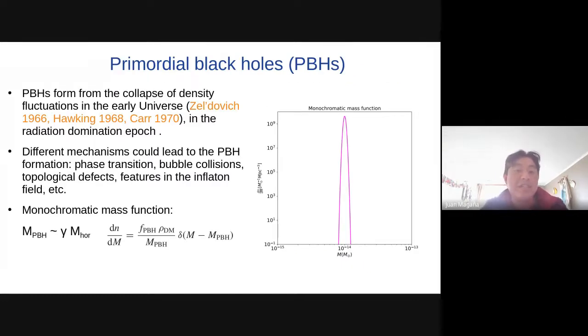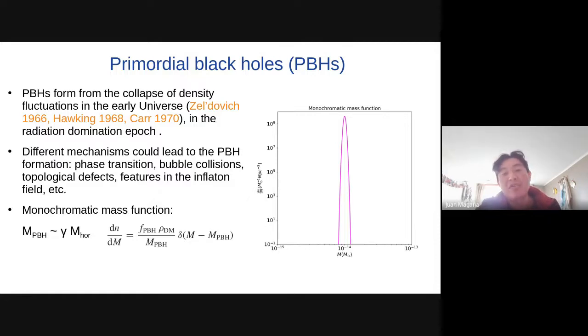These hypothetical objects were proposed in the 60s by Zeldovich, Hawking, and Carr, and these objects can be formed from the collapse of density fluctuations in the very early universe, mainly just after the inflationary epoch.